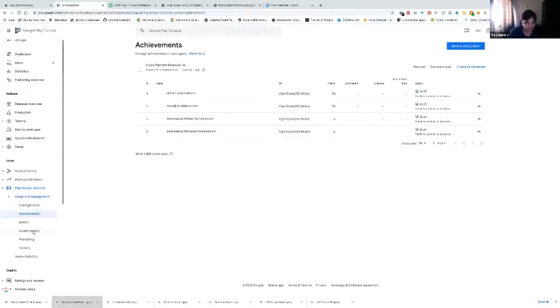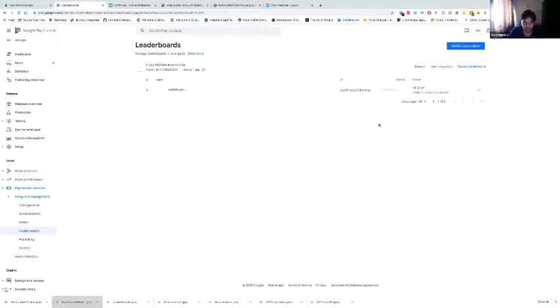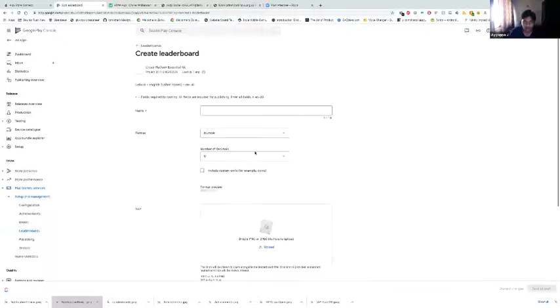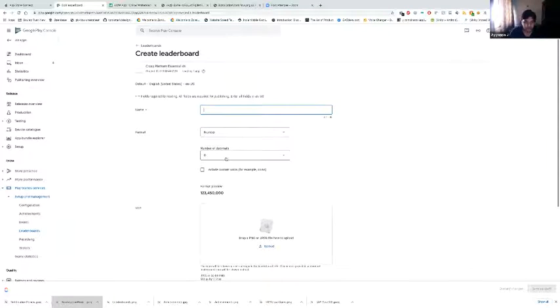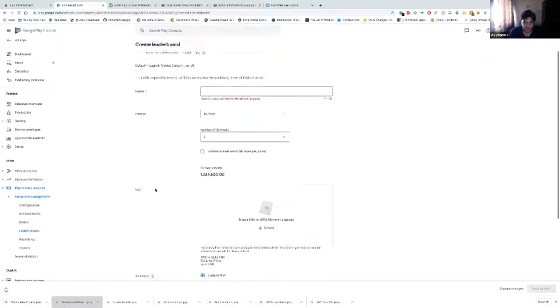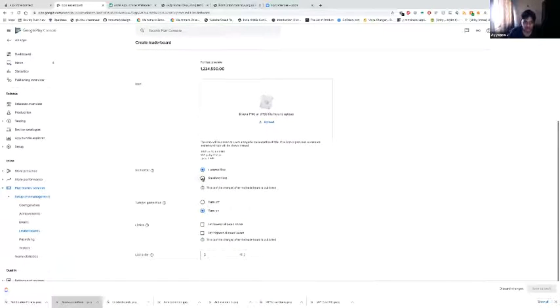Yeah. So next is our leaderboards. If you want to add a leaderboard, you go to the setup in Play Game Services, go to the leaderboard section, click on create a leaderboard, and give the name. Then you can specify the format, how you want it to be displayed. And then the sort order, as I mentioned, largest first or smallest first. If it's a time-based game where you want the lowest to be the first player, choose smallest first, and largest first is basically number of kills, as I mentioned in the earlier example.